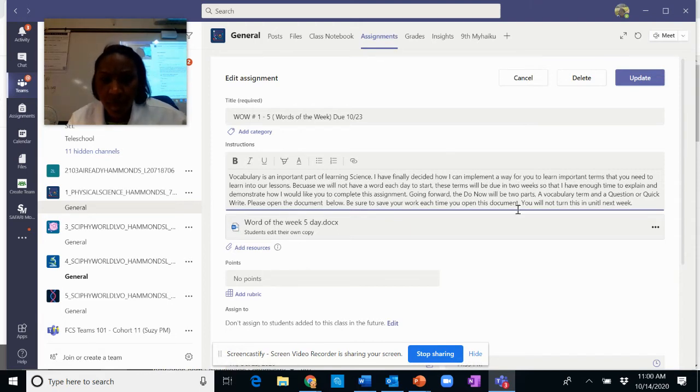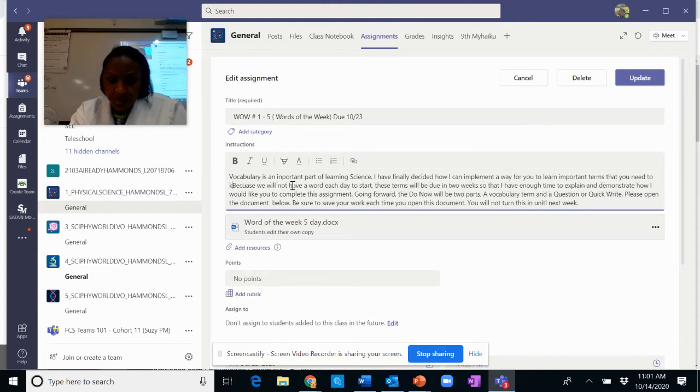Okay, vocabulary is an important part of learning science. I have finally decided how I can implement a way for you to learn important terms that you need to know. Because we will not have a word each day to start, these terms will be due in 2 weeks so that I have enough time to explain and demonstrate how I would like you to complete this assignment.